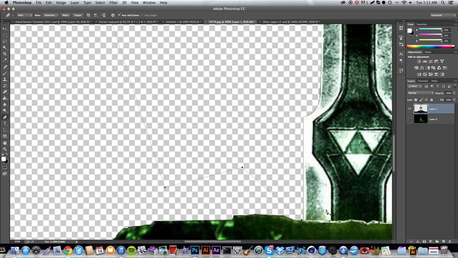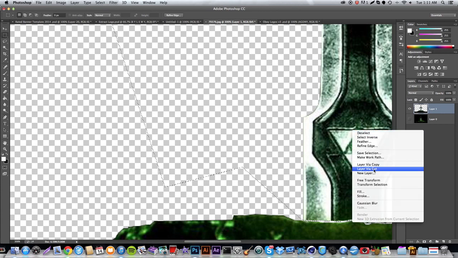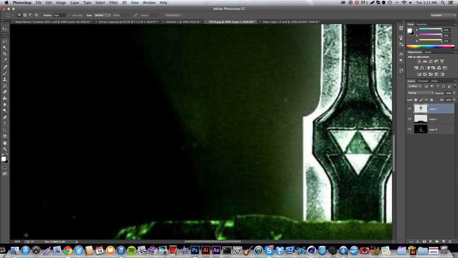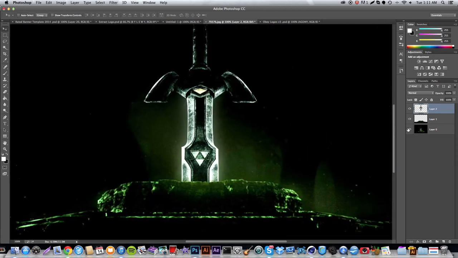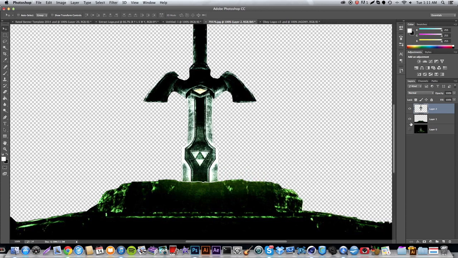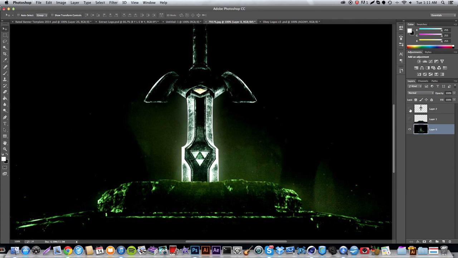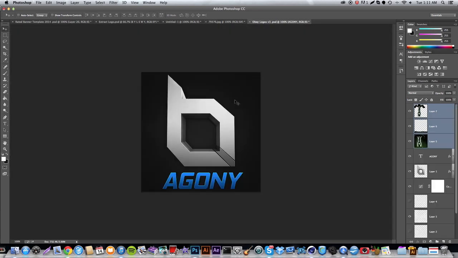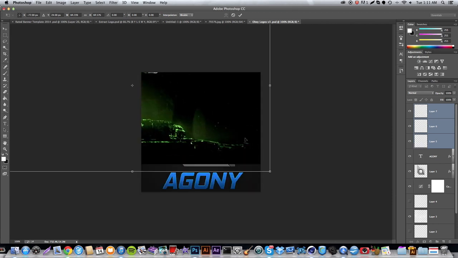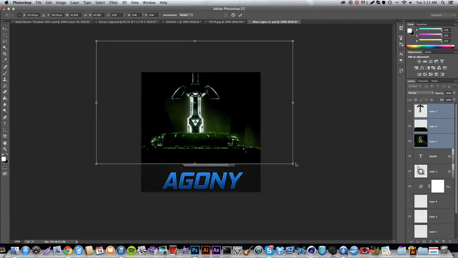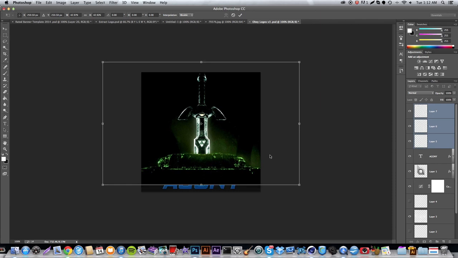We're going to make the selection, and I'm just going to cut this out. All right. So once again, for people that are still a little confused: cut your guys out, whatever it is, and make sure you make them their own layers so they're editable, and copy them. Don't cut them out of the original wallpaper. So once again, move it into our beautiful icon or avatar PSD template, whatever you want to call it,